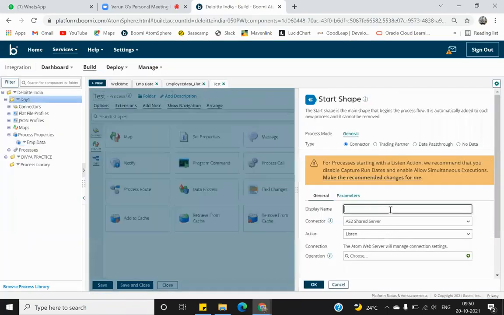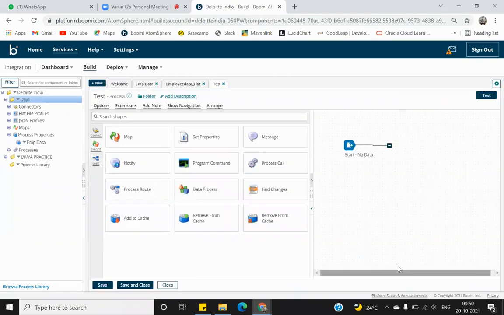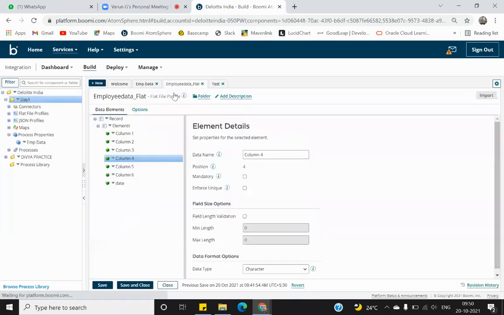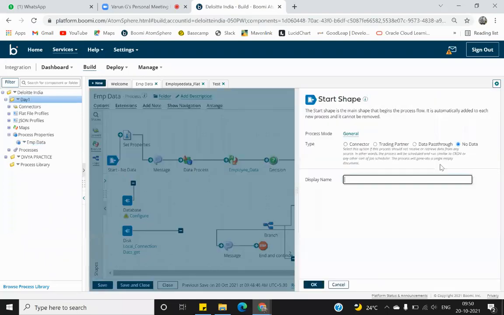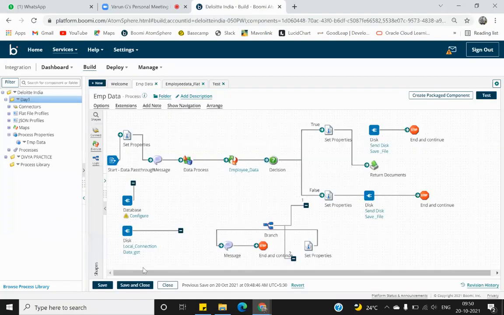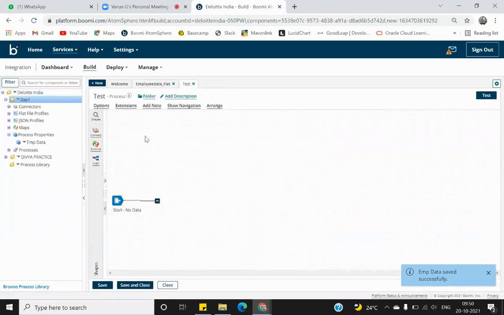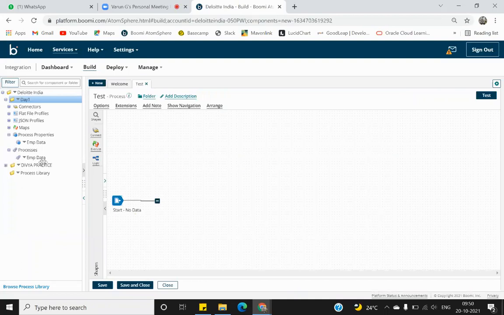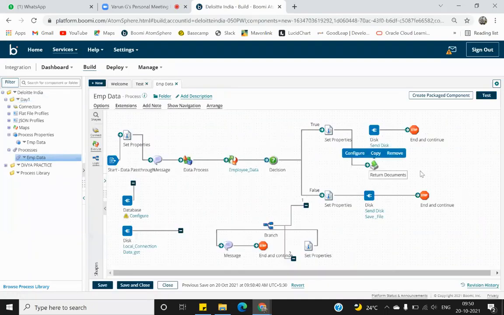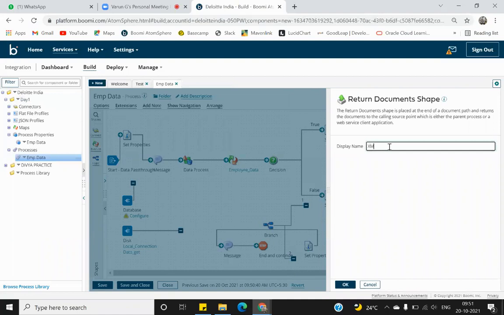Okay, now see what I'm doing here is I have added one return document shape to my process. Right? Let's name it as XML data.